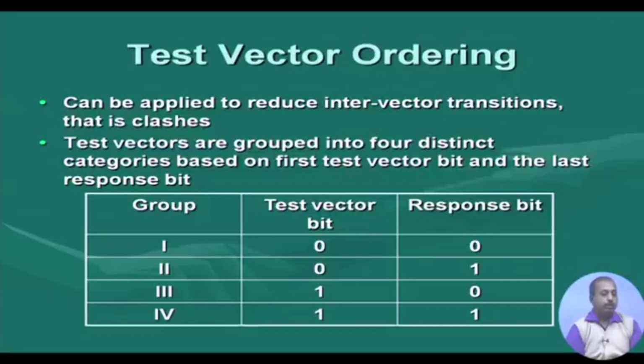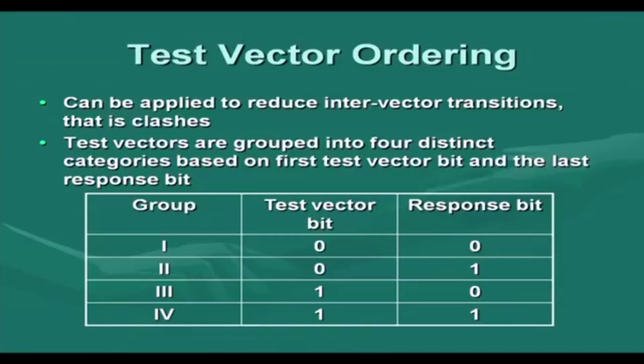Group 0: if all vectors belong to group 1, then there are no clashes, because the MSB and LSB bits are the same. So, no clash will be generated. Similarly, for group 4 there is no problem, because both of them are 1. So, we can apply them any way. There will be no clash generated, but the problem occurs with group 2